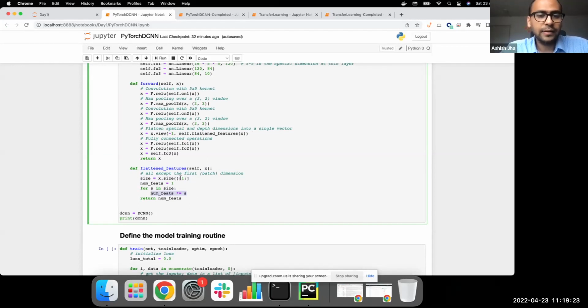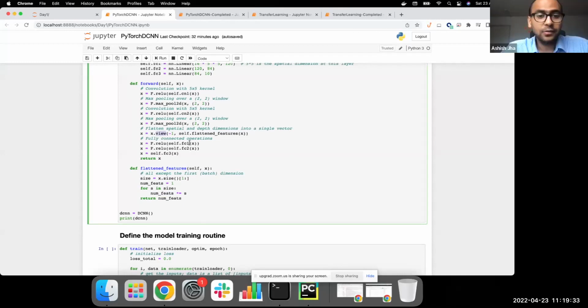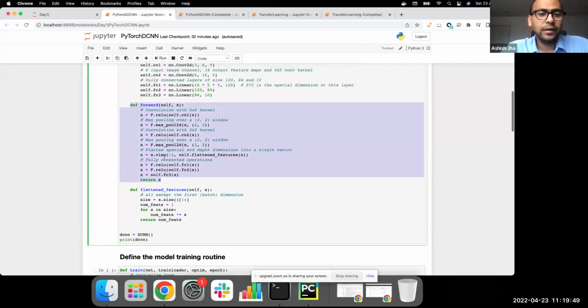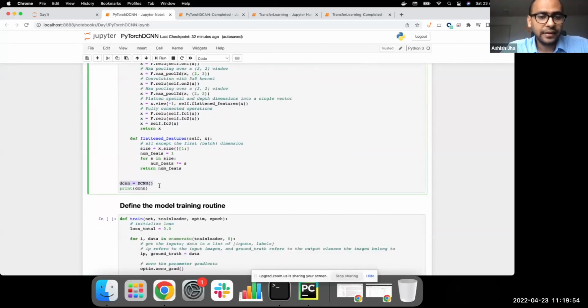And so it collapses all the dimensions into one, and then basically reshapes, which is this dot view for reshapes that 2D vector into 1D, passes it through the fully connected layer number one, and the usual stuff, followed by activation, followed by second layer, followed by activation, and the last layer, which gives us the output. So this basically tells us how exactly the model is going to work as well. Once we have this entire class built with these two methods, we can basically start implementing